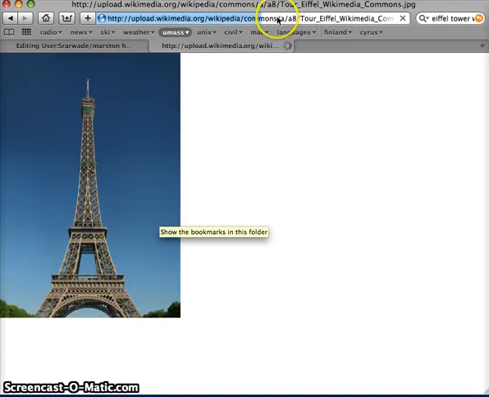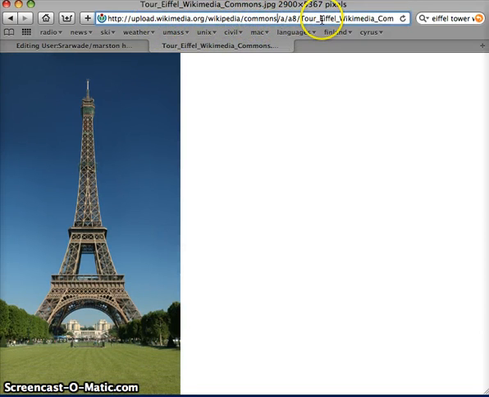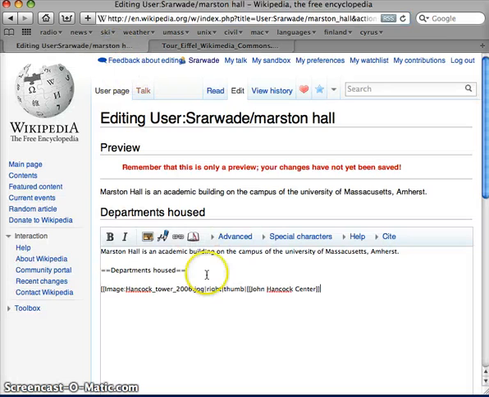All right. Now, if you look in the URL at the top here, you see a lot of stuff: upload, Wikipedia, Commons, etc. But at the end is the key part of the URL. This part, tour Eiffel Wikimedia Commons.jpg, is the file name of this image of the Eiffel Tower. So if I go back to my user page and take this image markup